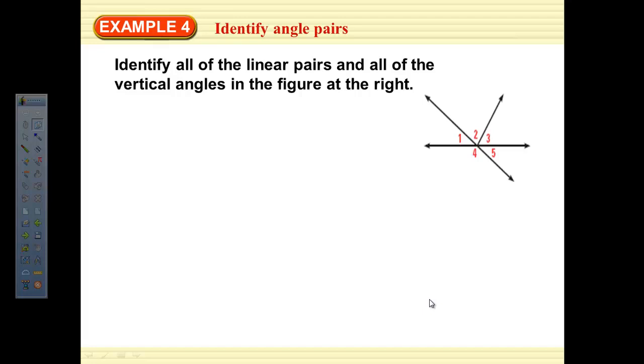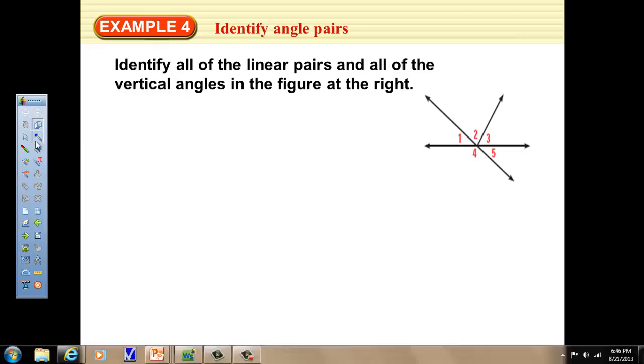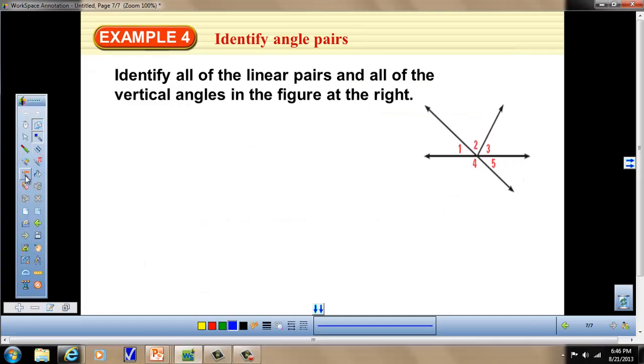Hello everyone. In this example we're going to be identifying angle pairs. Remember, these are pairs of angles, so it's only two at a time. We're going to start off by identifying linear pairs. Linear pairs are two angles that add up to 180, and if we look carefully here,